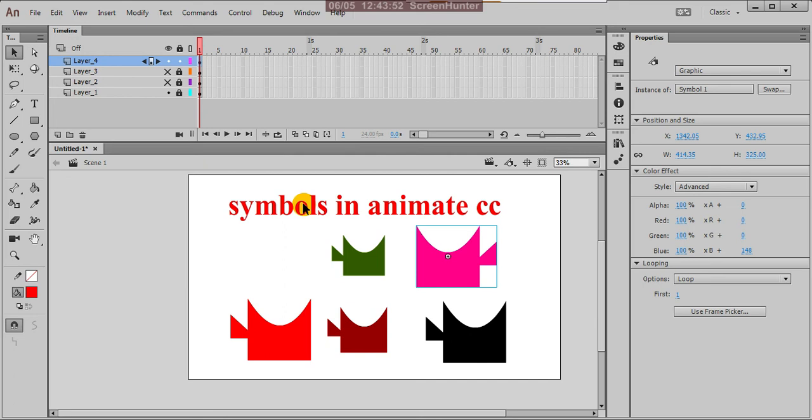Then the next symbol is the movie clip. I'll explain about this movie clip in the next class, because you have to understand and practice; without practicing, if I say it continuously, you won't understand. So I'm allowing you to experiment yourself with what I did now, so you also have to do it yourself. If you have any doubt, please ask. Okay, thank you.